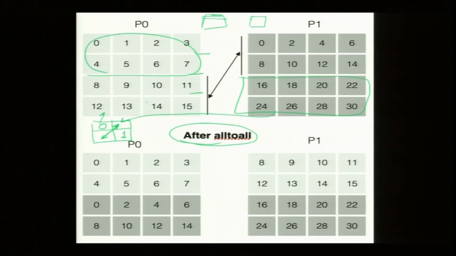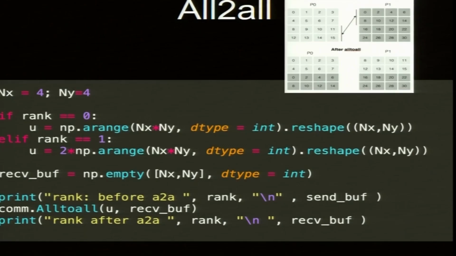So, I had to transfer these numbers, in fact, they went there, and these numbers are coming here. So, they have come here, right, 0, 2, 4, 6, 8, 10, 12. These numbers have come here and these numbers have gone there. Okay. This is all to all for numbers. So, what you learned for single numbers is to be generalized. Okay. That is the reason why I am giving you this example. For your projects you do not need it, but for FFT this is a very critical function.